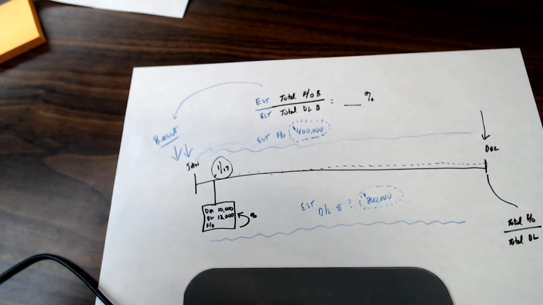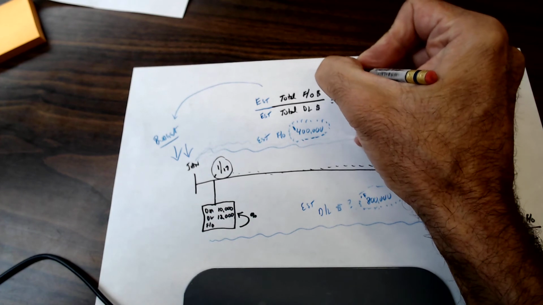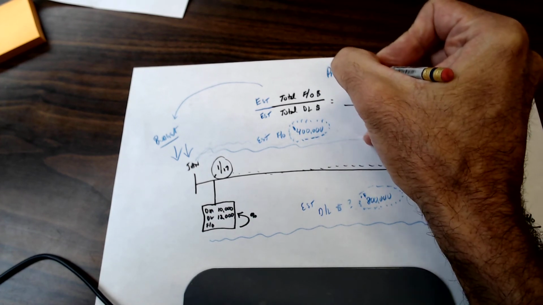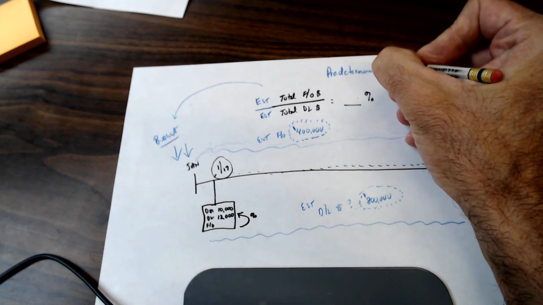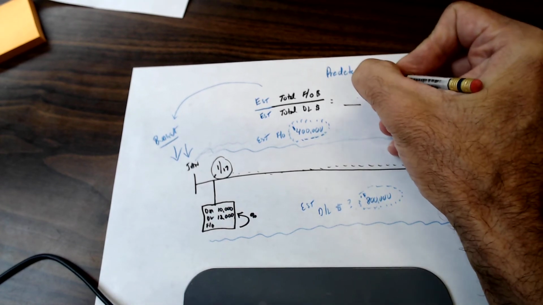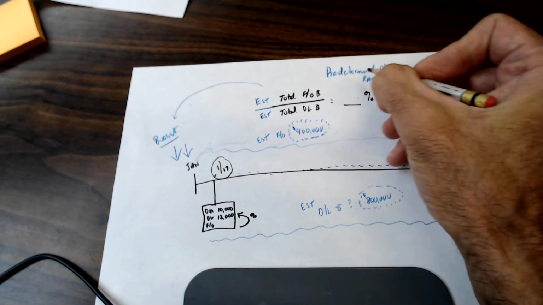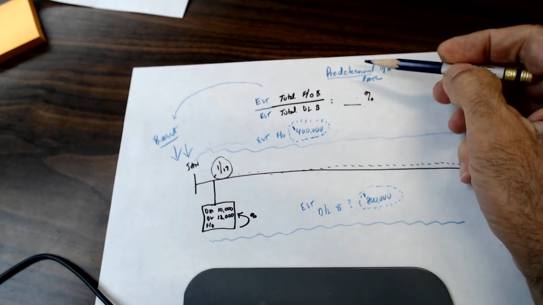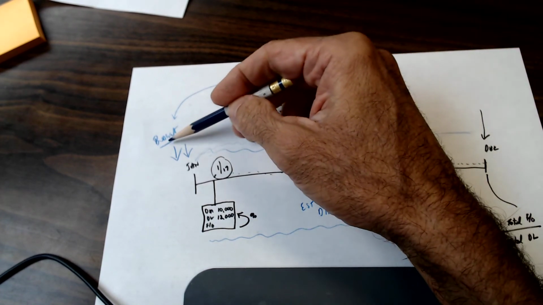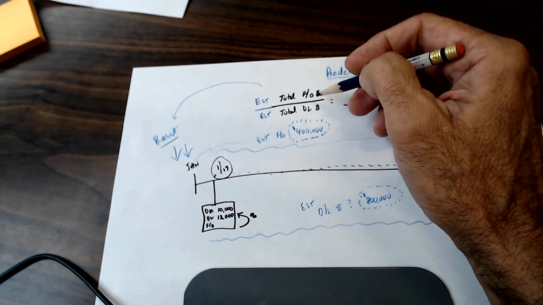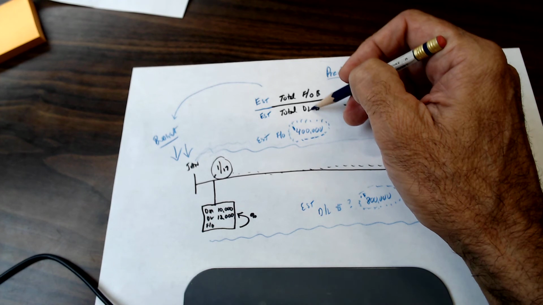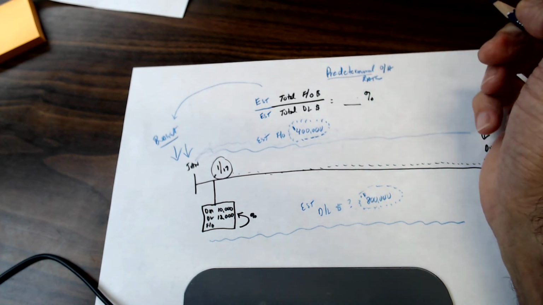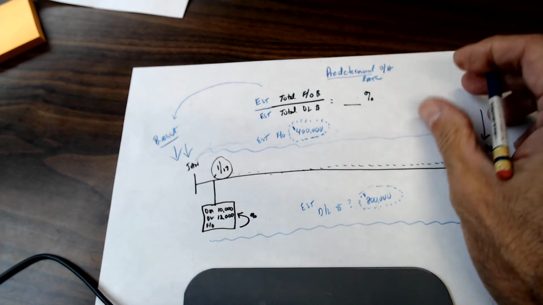Before the year even starts. And this is called a predetermined overhead rate. Why is it predetermined? Because we're going to calculate what this rate is. We're going to calculate the relationship between factory overhead and direct labor before the year even starts. And in this case,